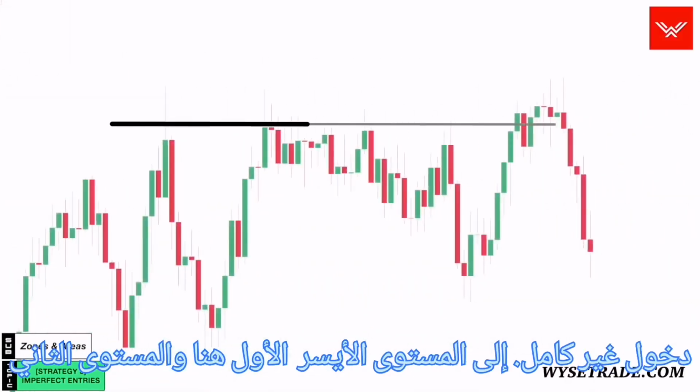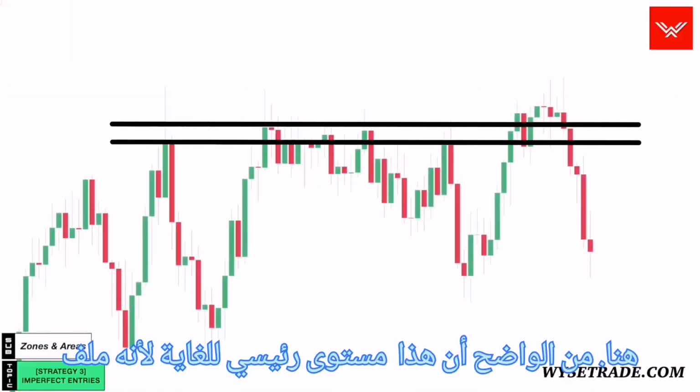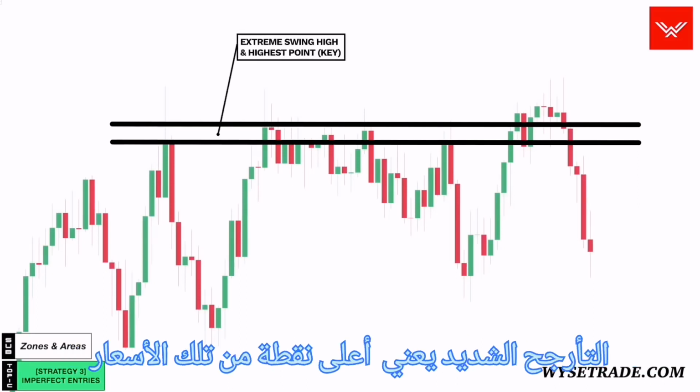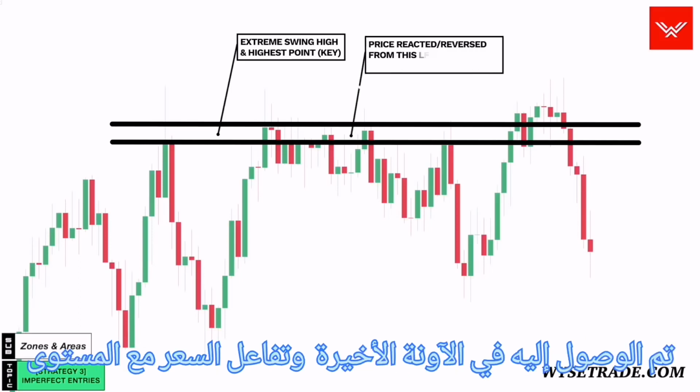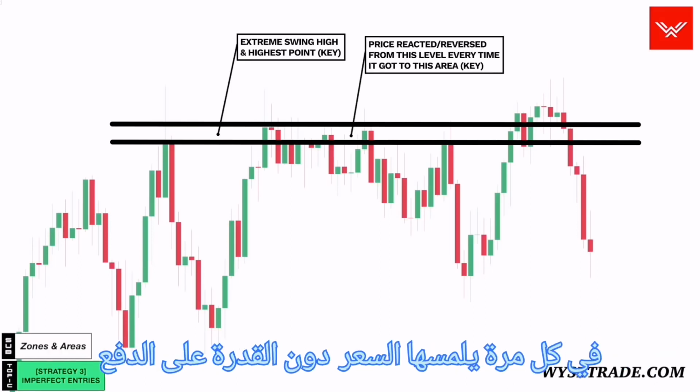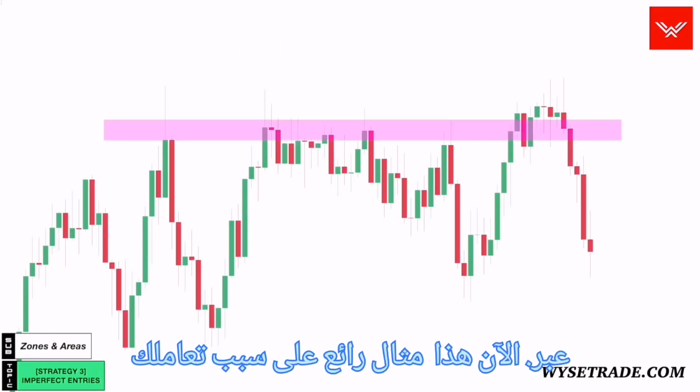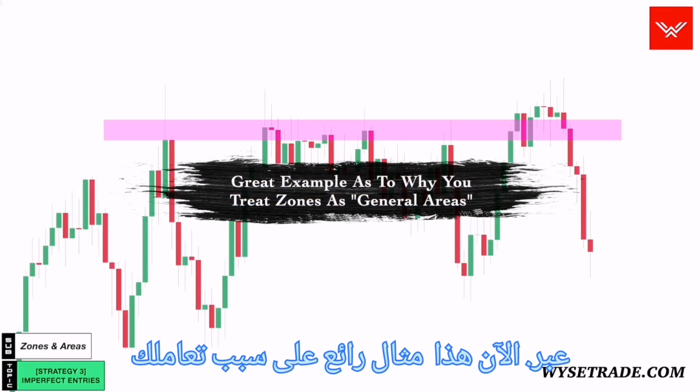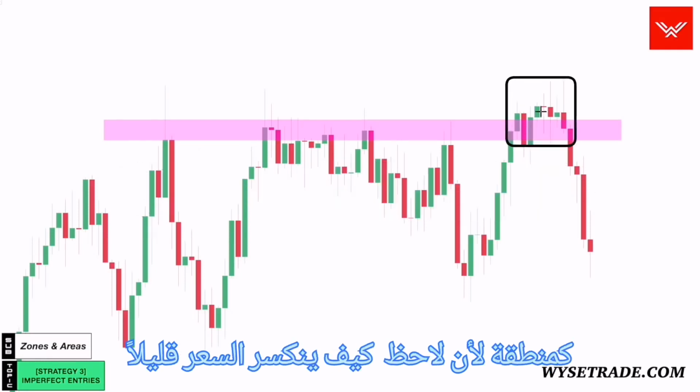To the left, level 1 here and level 2 here. This is clearly a very key level because it is an extreme swing high, meaning the highest point that price has reached in recent time, and price reacted to the level every time price touched it without being able to push through. Now, this is a great example of why you are treating it as an area, because notice how